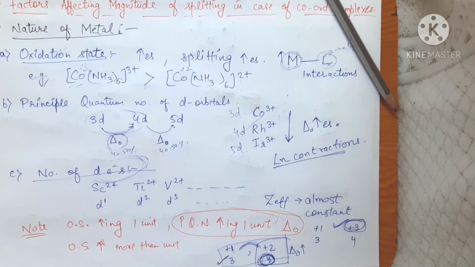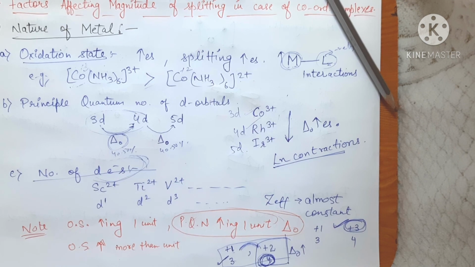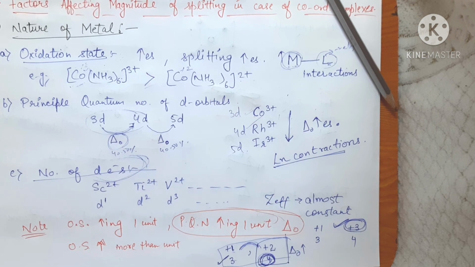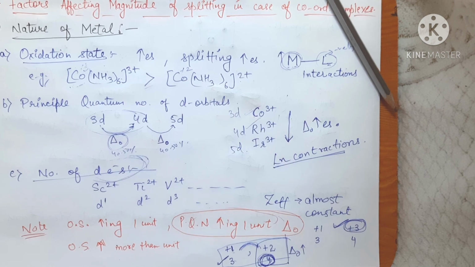So you just have to see first the oxidation state. If the oxidation state is increasing by 1 unit, then go for the preference of principal quantum number. That is, the compound having higher principal quantum number value will be having higher Δo. But if there is a difference of more than one oxidation state, then no need to look at the principal quantum number value. Just go for the compound having more oxidation state. The one having more oxidation state of central metal ion will be having more Δo value. So I hope this note point is clear.